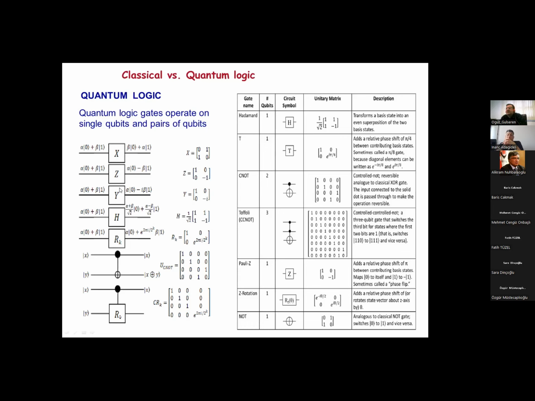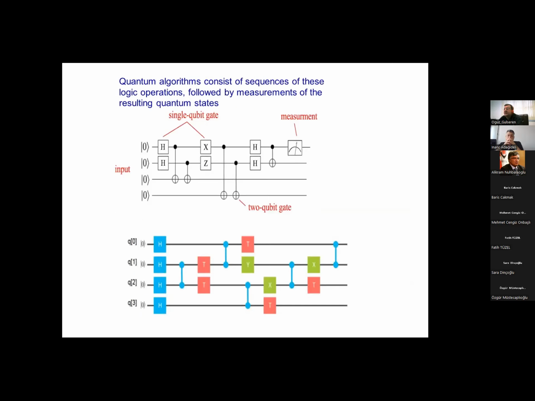As you realize, the single bit operations are just a superposition, based on the different types of rotations and so on. Then you also have 2 qubit operations that complete the whole set of logic gates necessary to have the computations, I think.